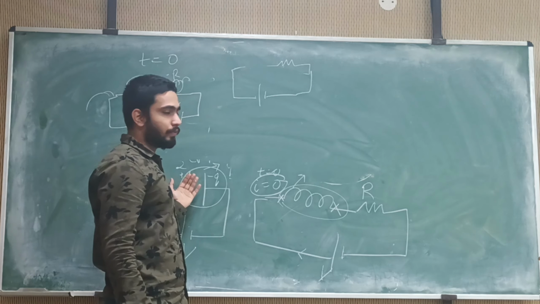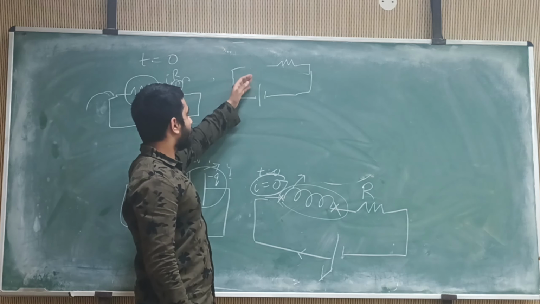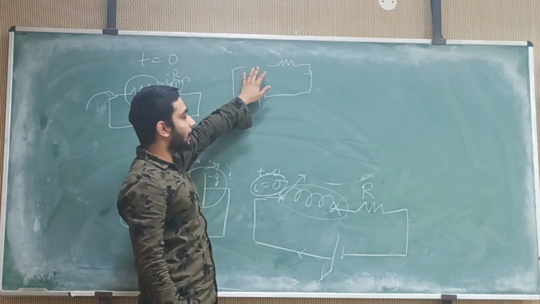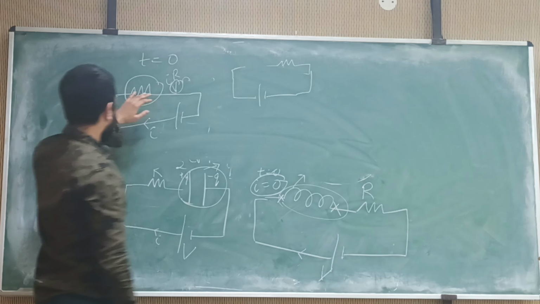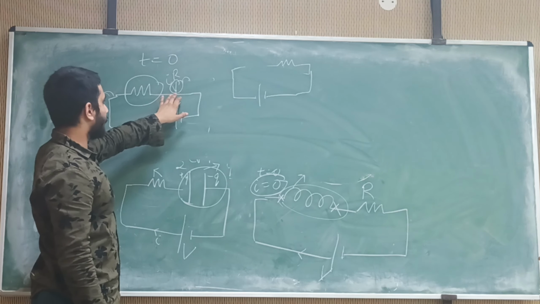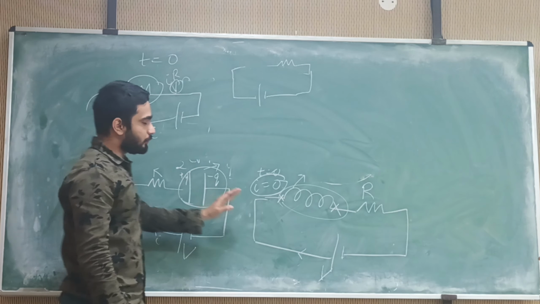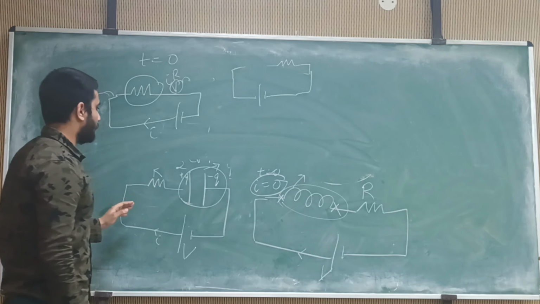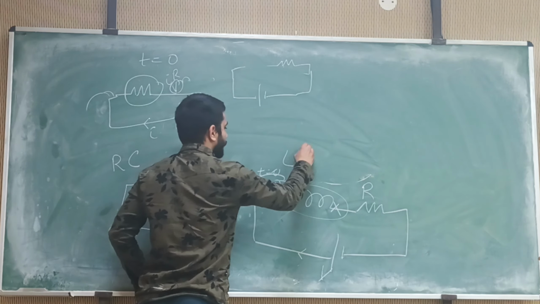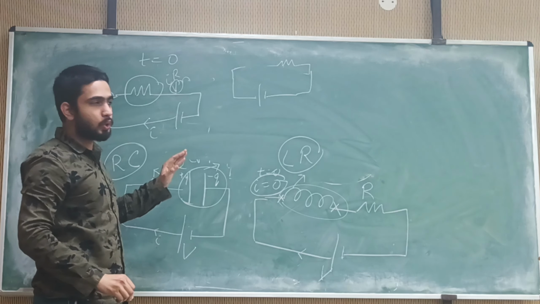So this is the difference between this and this. Because of the maximum resistance, it will resist the flow of current, or it will be a simple blank space. But in the case of this capacitive circuit, this will be a wire, or resistance will be equal to 0. So this thing is very important: what it will be at time t equal to 0 in the case of the RC circuit and in the case of the LR circuit. This is the main difference at time t equal to 0.